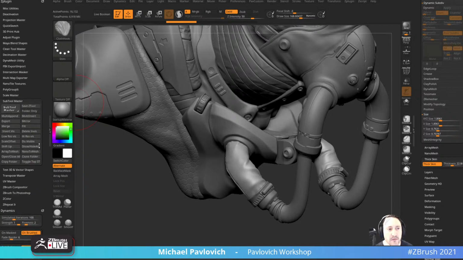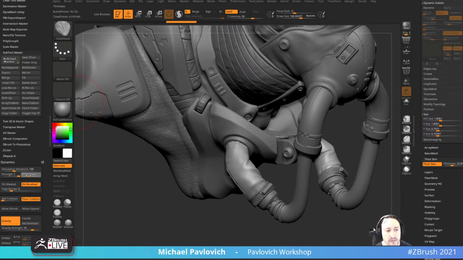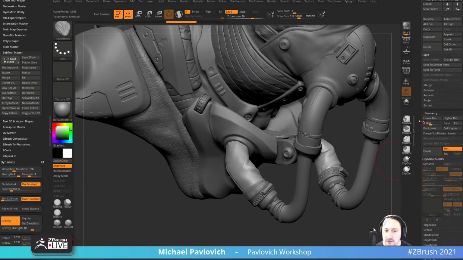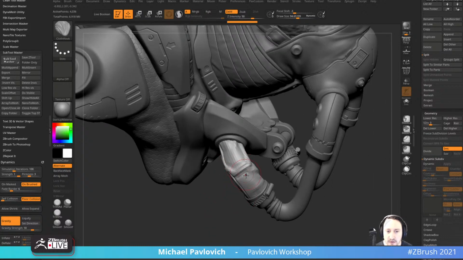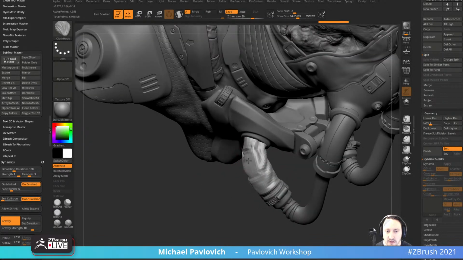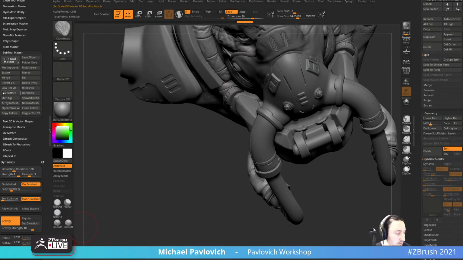And if you want bigger wrinkles, you can go over here to your firmness and crank that firmness up in your dynamics, or you can go over here and change your subdivision level so it's got less geometry to pull around. That way you can get bigger wrinkles, but again, it's going to limit it, so it's those wrinkles pulling along that hose there. Anyway,